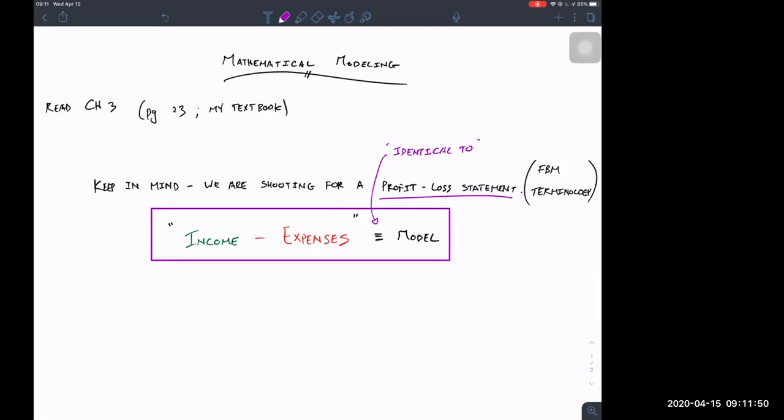So in other words, whenever you hear that phrase, hey, look for the model, make the model, whatever the case may be, your model is going to consist of multiple things that make you income, as well as multiple things that cost you, in this case, expenses. And then the profit loss statement is a model, in other words. So that's what's happening. And then when approaching any model, at least for this class,